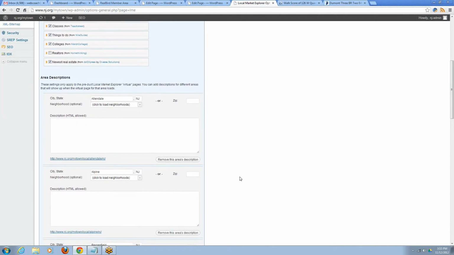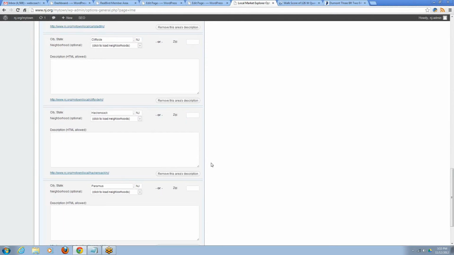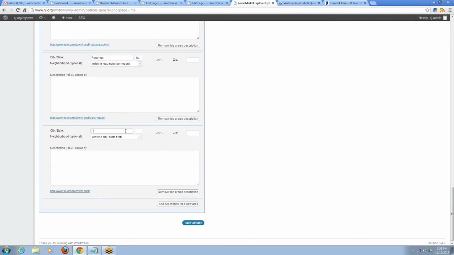So what I want to do is come in here and add a page. I haven't added a page for Dumont, so I'll do that right now. Add a description for a new area. I come in here and I type the name of the town, and you can also do this by zip code as well. And I put